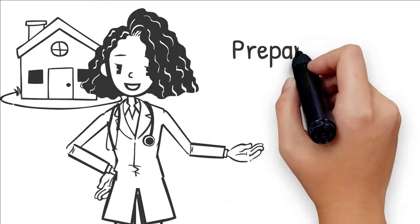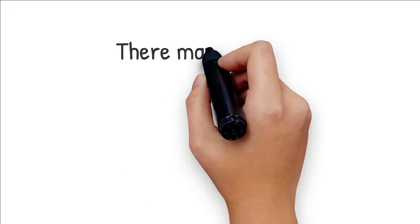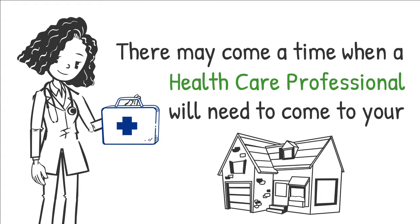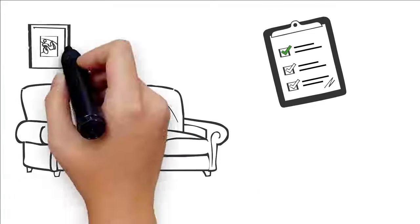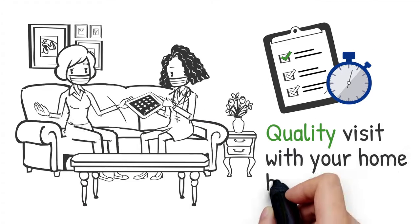Today we're going to talk about preparing for your initial home healthcare visit. There may come a time when a healthcare professional will need to come to your home. It is important to prepare your home for their visit to ensure your safety as well as theirs. This will also help make the most efficient use of your time for a quality visit with your home health